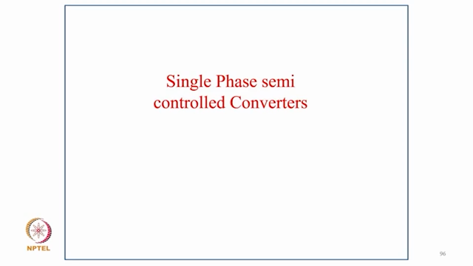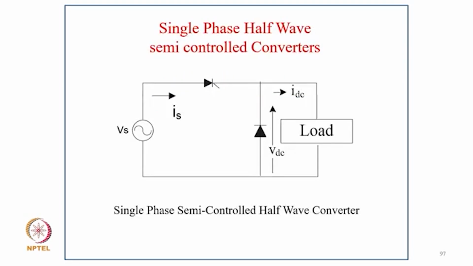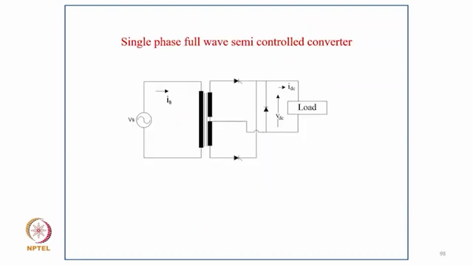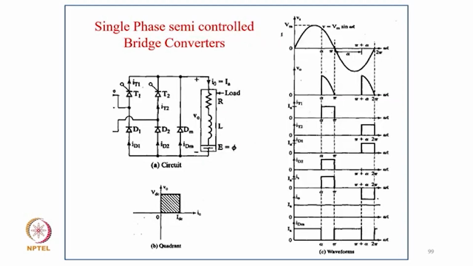Now coming to single phase semi-controlled converters. In the single phase semi-controlled converter we use the freewheeling diode, and this is effective when we have an inductive load. These are typically the full wave semi-controlled converter, then the full wave single phase semi-bridge converter with the freewheeling diode, and you have an RLE load. This becomes effective when you have inductance in the load, and these are the typical waveforms of the current and the output voltage. You can see the different current waveforms of all components, and typically the supply current and output voltage.